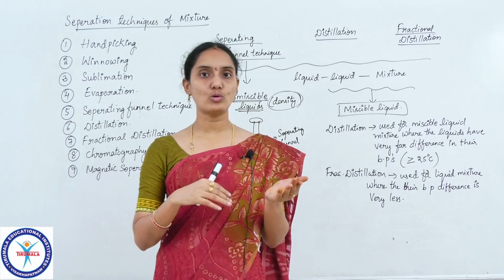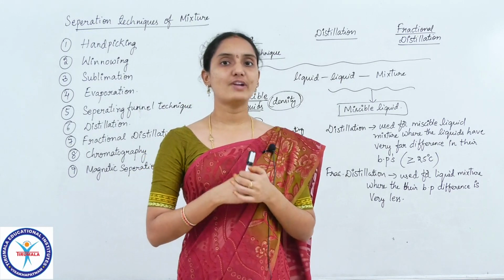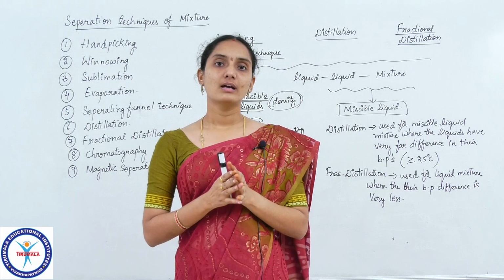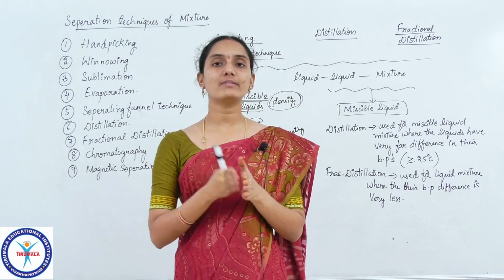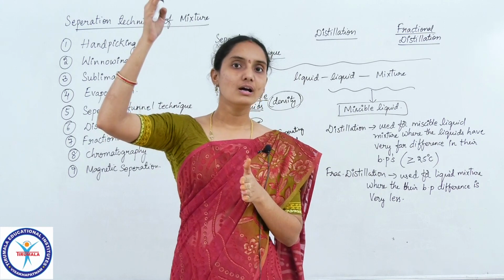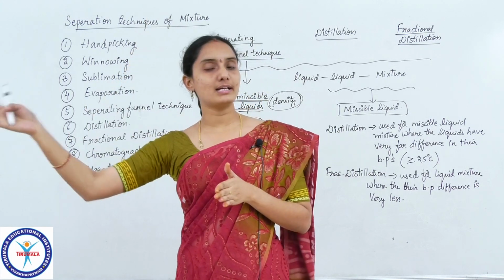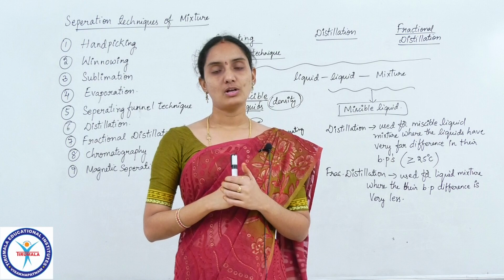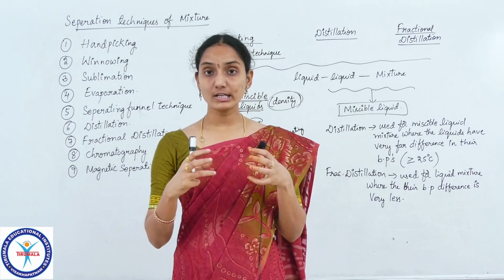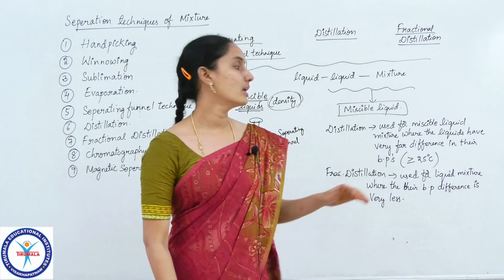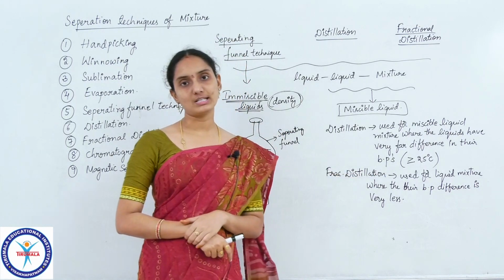This technique is followed in the fractionating column, where the component with the lowest boiling point reaches the top of the column and then condenses to form liquid. So, to separate liquids with very close boiling points, we use this fractional distillation technique,